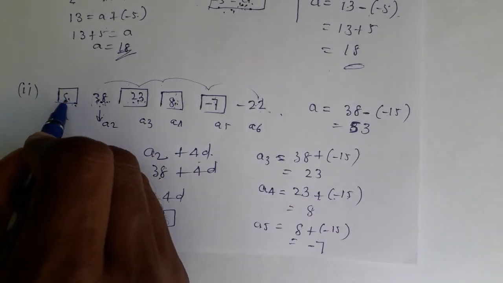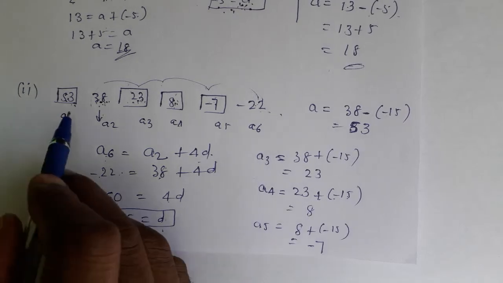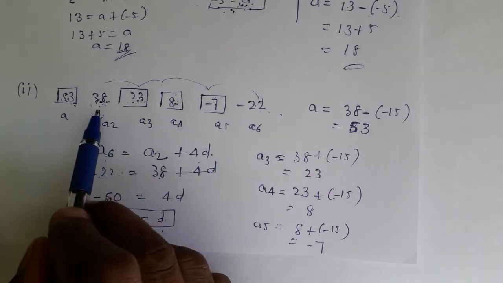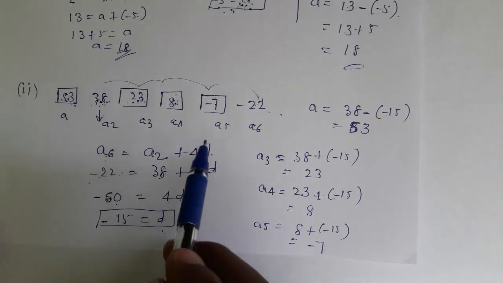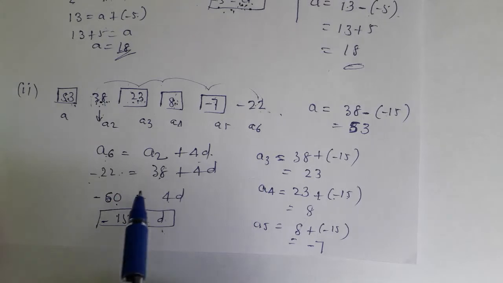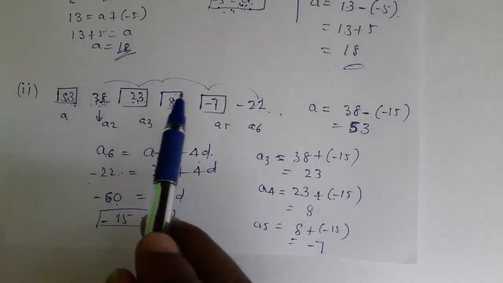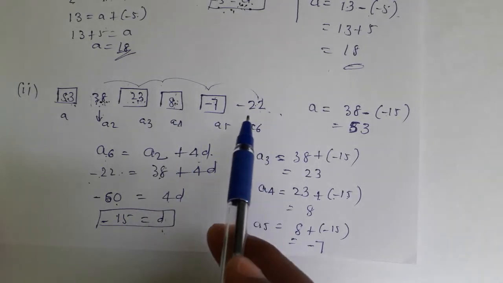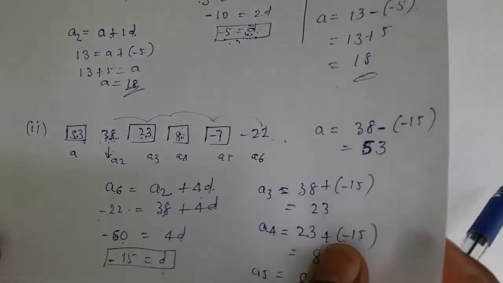So 53 should come here. 38, 48, 53. 53 is the answer. So in this way the unknown position can be found. First thing is, which are the two positions given, connect those two by how many gaps there are between those two, and get the difference. Once the difference is found, it is very simple to fill all the blanks by adding the difference and subtracting the difference, by seeing the next and previous positions.